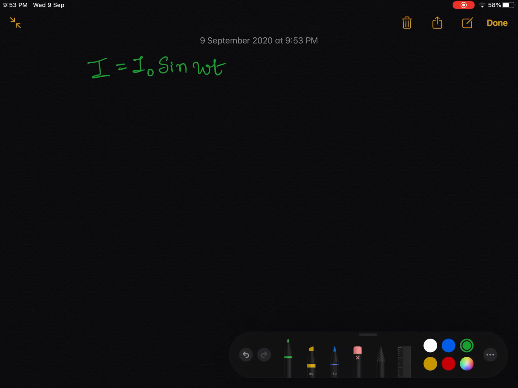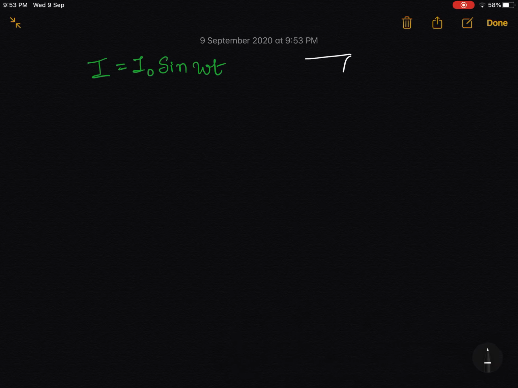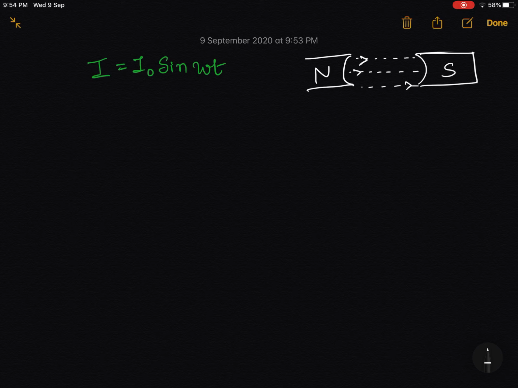this derivation for now. So let us consider that I have a magnet around here, maybe say north and south. As per the convention, this is the convention of the flow of current from the north to the south. So let me consider one coil, or you can say a coil placed around here, which is moving with an angular velocity omega.